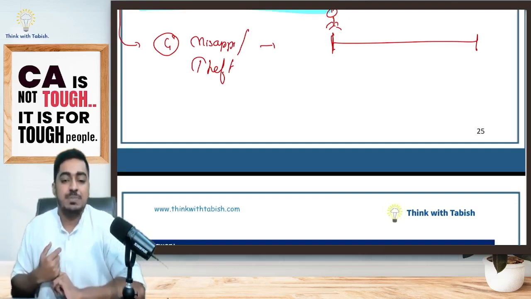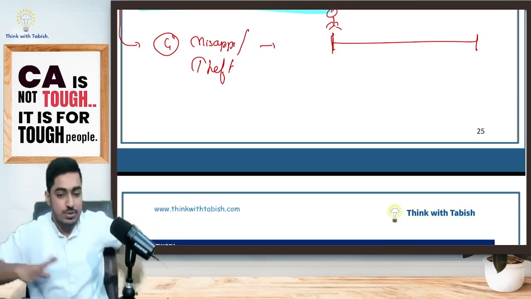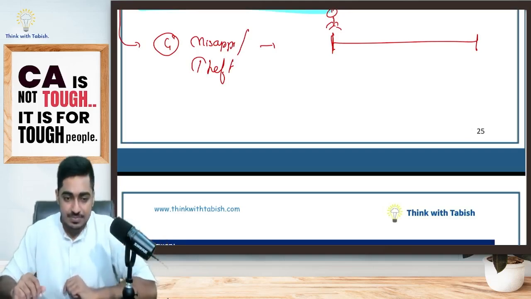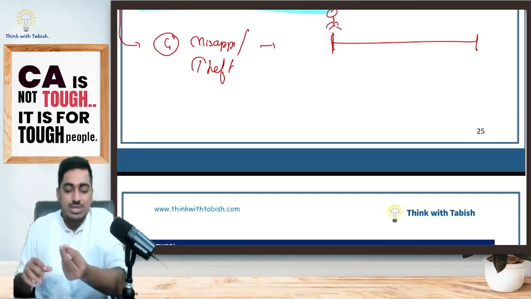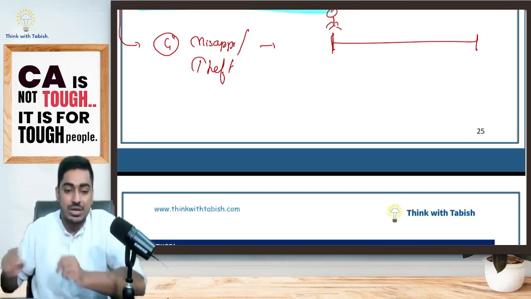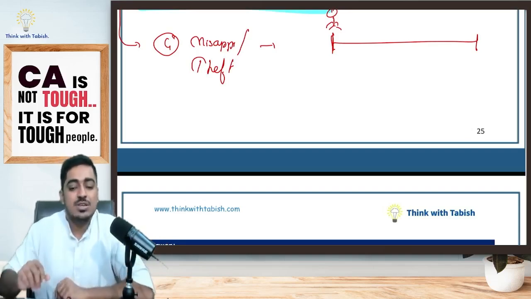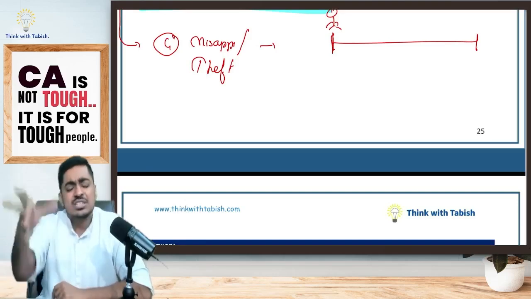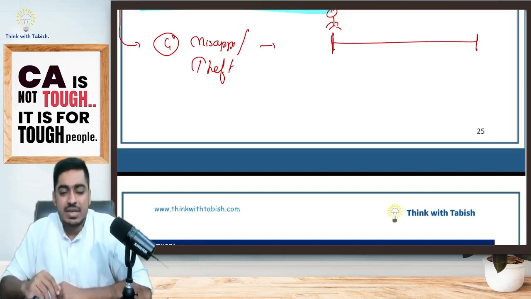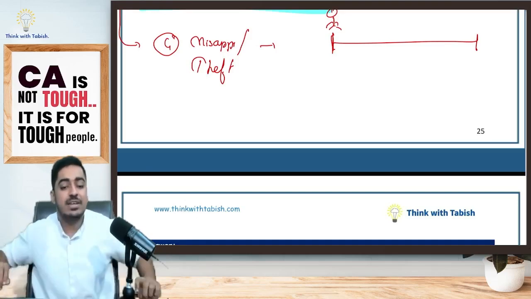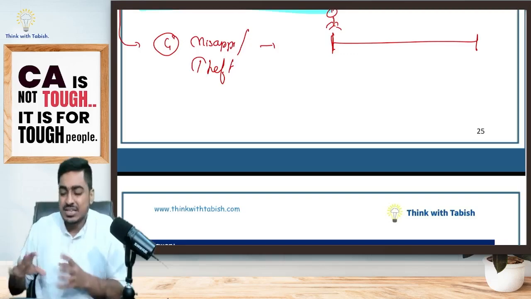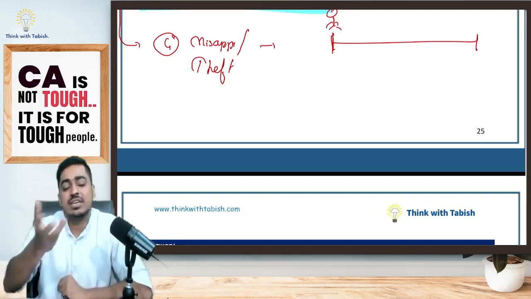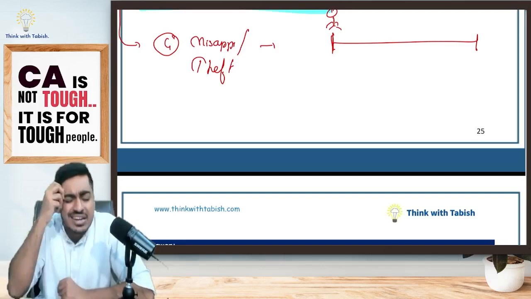Say for example, I purchased tiles to put on the flooring. While I am fixing the tiles, a small 2% of tiles will get broken. Yes, in the edges, in the corner, there will be a small break. Is it normal or abnormal? Normal. It is inherent. Before itself, I will be knowing. Nothing can be done. Yes, I am manufacturing furniture. Plywood I have taken. While I am cutting, some small pieces will remain. Nothing can be done. Normal loss. Inherent. Nothing can be done.